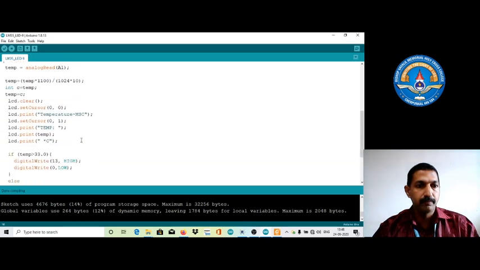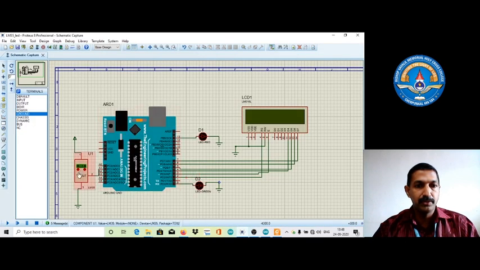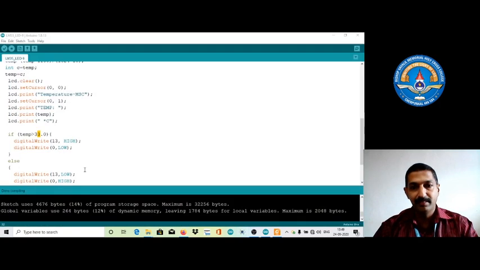It should be 33 now. So back to Arduino, we need to change up to 33. It is 34, again 34. It is 33. So the value is changed. It is more than 33, should be red. So as you already saw, the thermal scanner should be blinking with red signals.